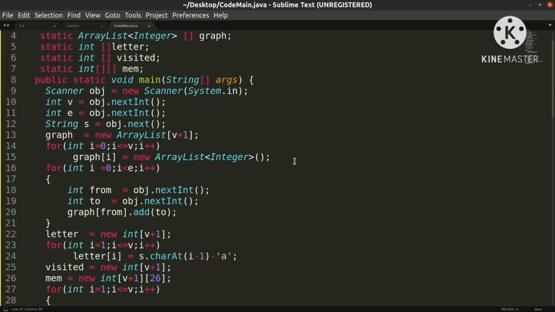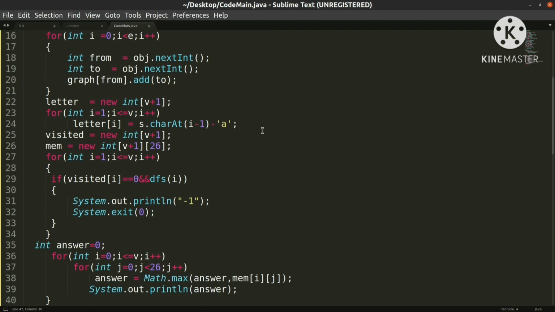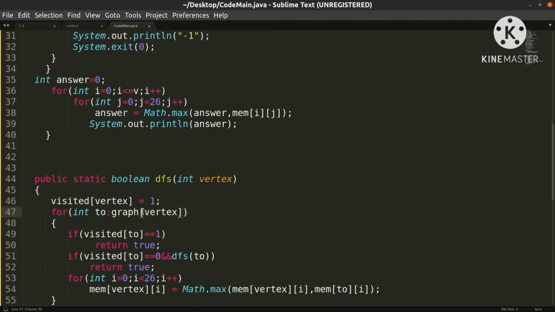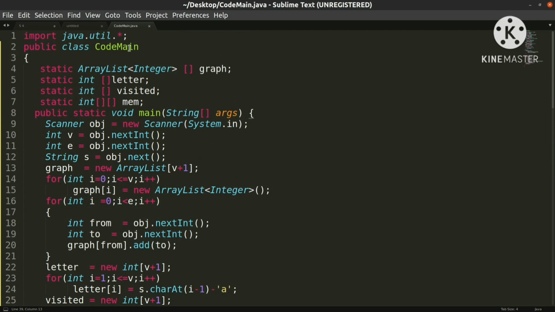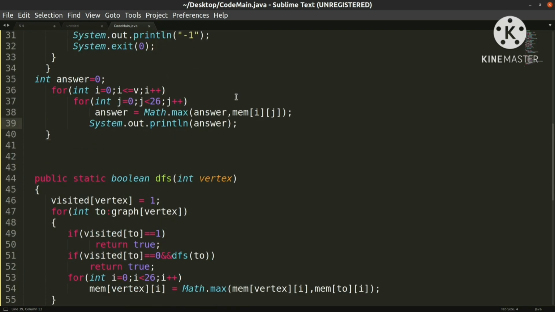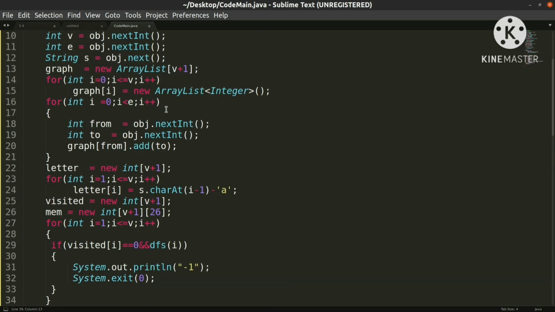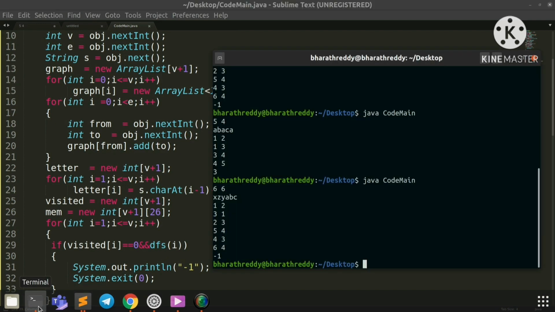So now we have fixed our errors. We had a few errors related to parentheses, and the next error I found was this vertex. I forgot an index, because to access an array you need an index, right? And the system print answer, I had put it outside the main method. That's why it was throwing so many errors. So not to worry, I will be uploading this code to my GitHub account. If you want, I will share the link also. So now we have done this.